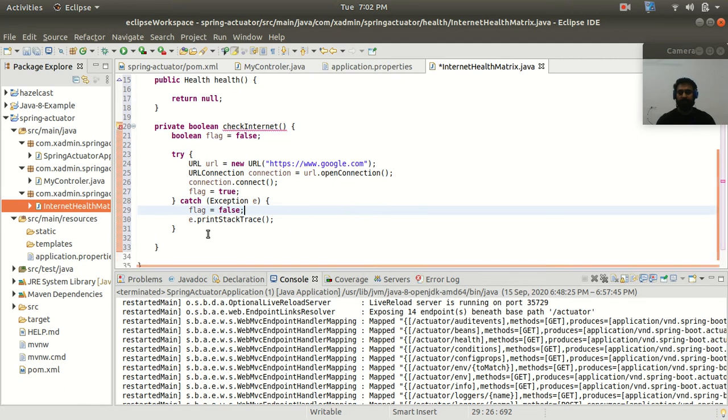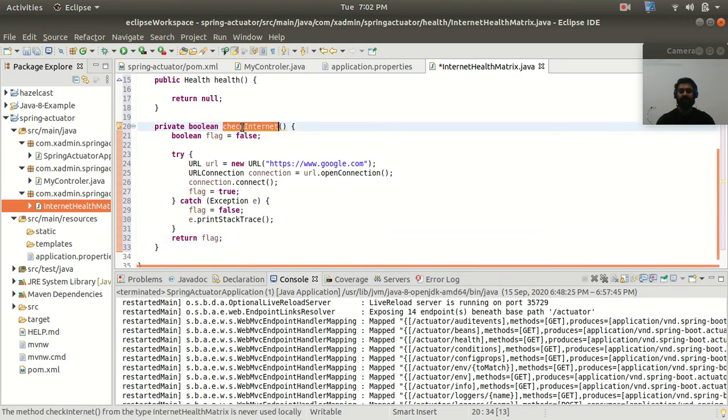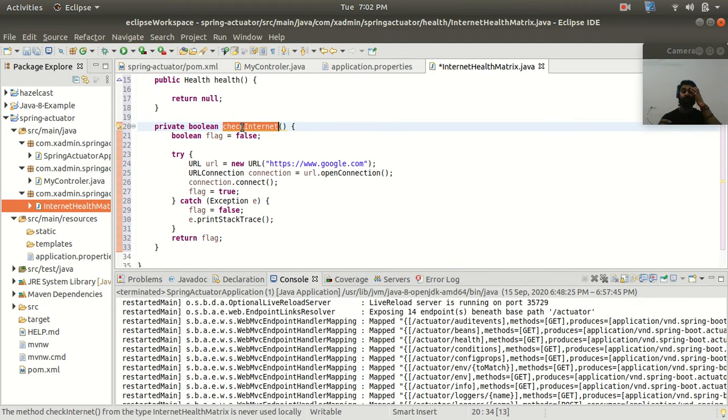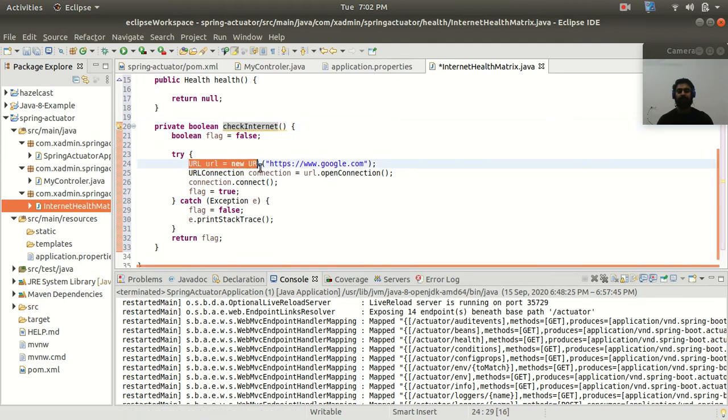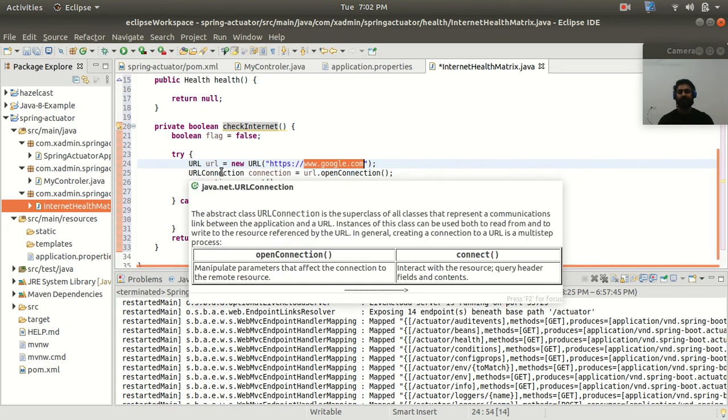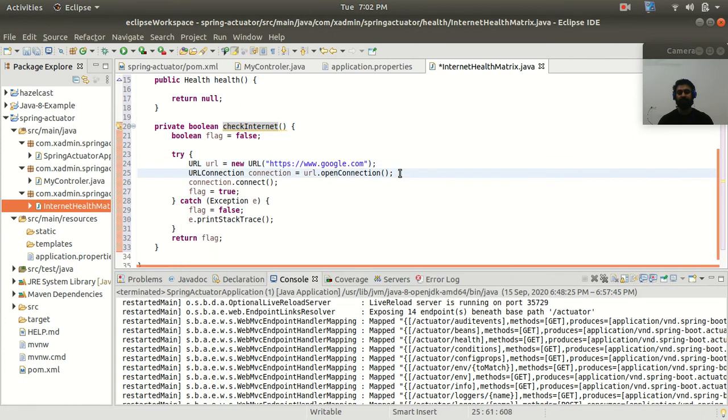All right, so let me return this flag from here. So guys, we have a check internet connection method, which is going to check the internet connection of my local machine. Here I have created the URL object, and the URL is www.google.com, and then I have created the URL connection and opened the connection, and connection.connect is going to connect our internet.